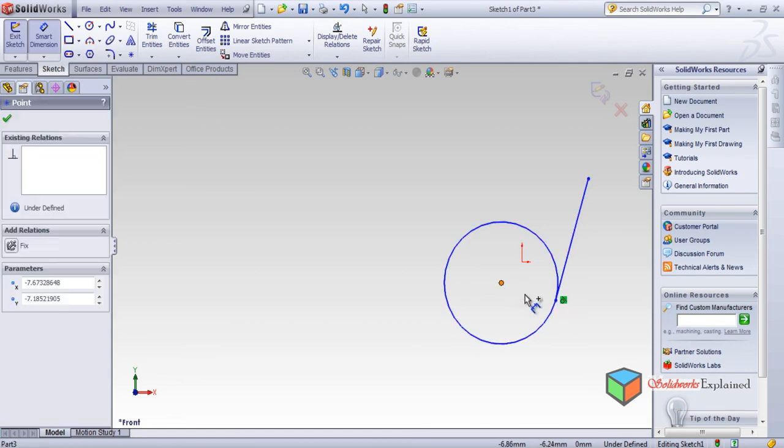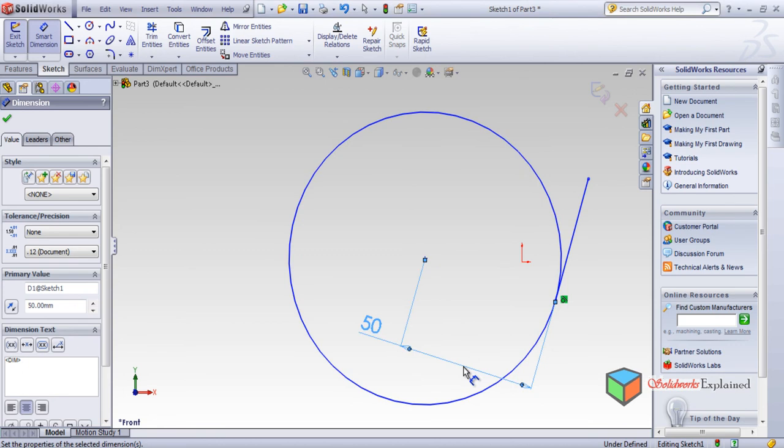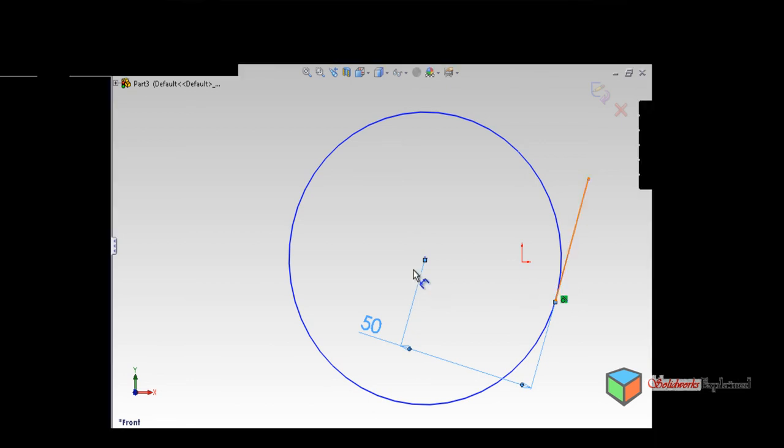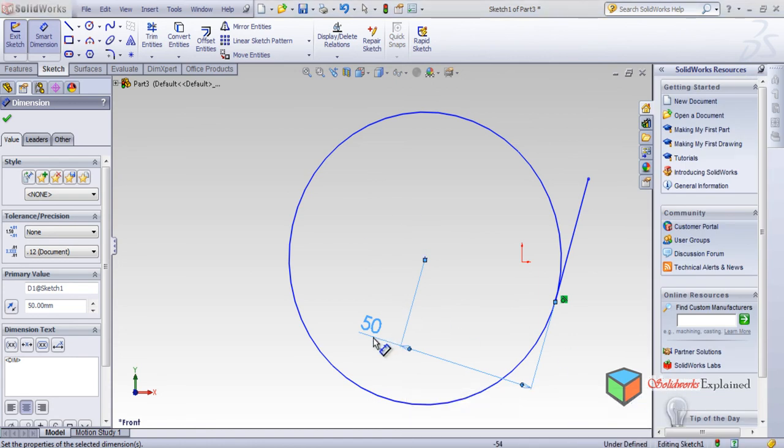Click here, click here. This is 20, I want it 50. Look, the radius becomes bigger, but the tangency remains the same. And what you can do is like, change it to 10, just 10. Look,